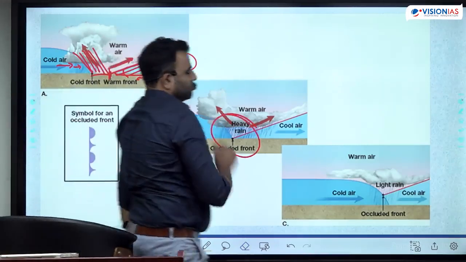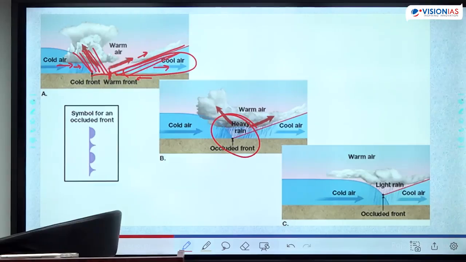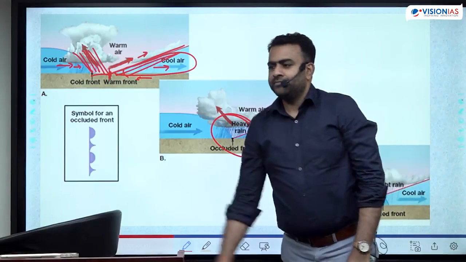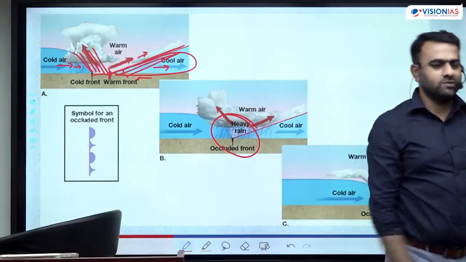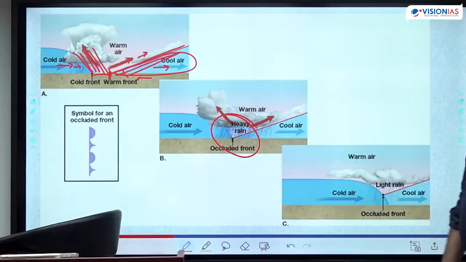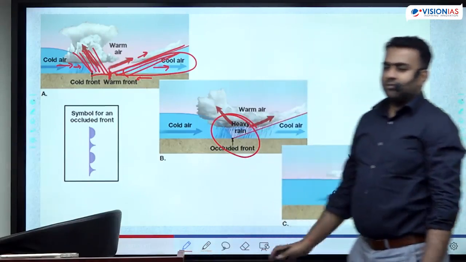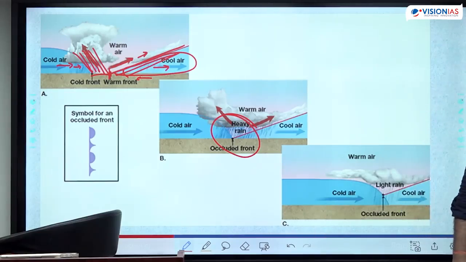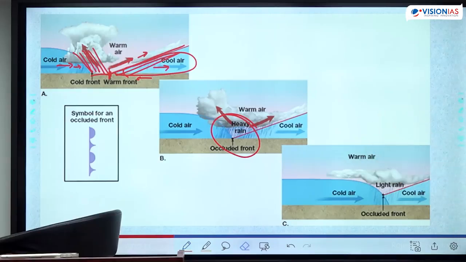But the merger of both the types of fronts causes very heavy rainfall. Occluded front causes very heavy rainfall, thunderstorm, lightning, because all the system is merged together. The clouds from the warm front are also mixed. The clouds from the cold front are also mixed. Heavy rainfall happens because all the warm air is getting uplifted here. But after some time, there is no more warm air left to get uplifted. So cloud formation stops. Rainfall also stops. The clouds will become thinner and get dispersed.